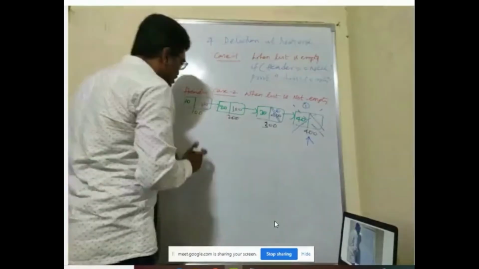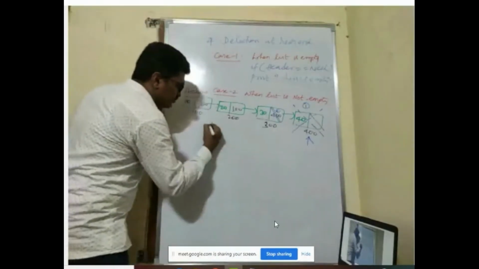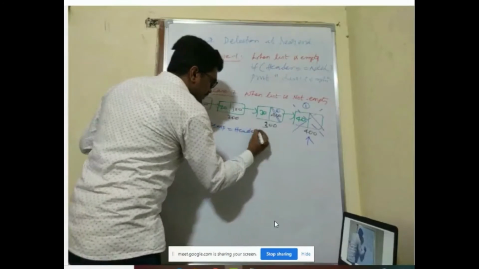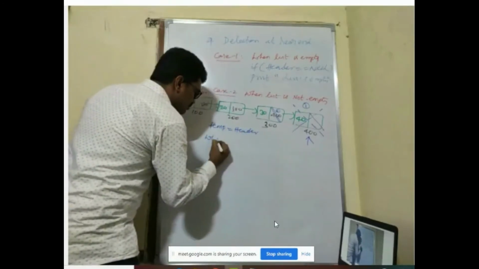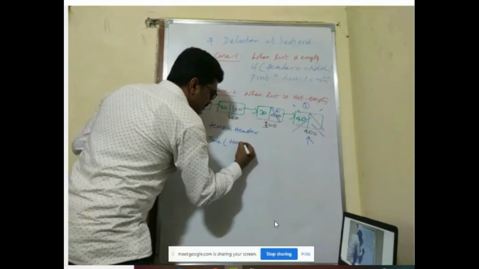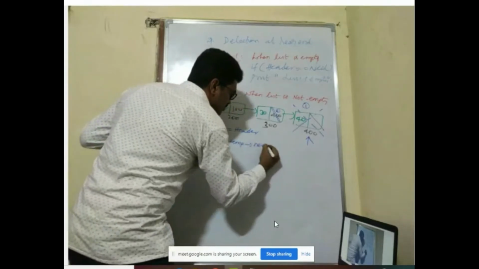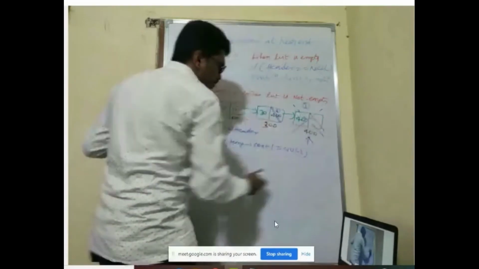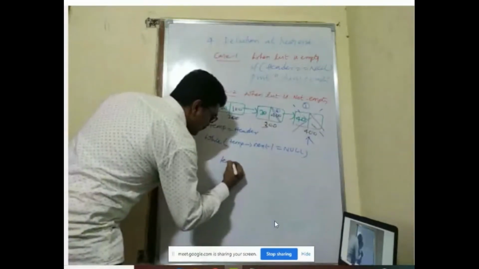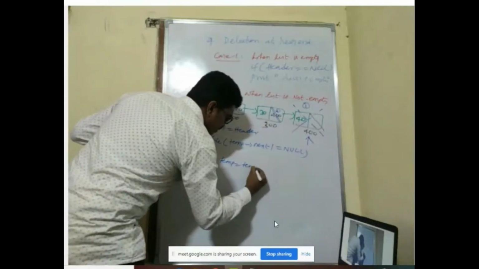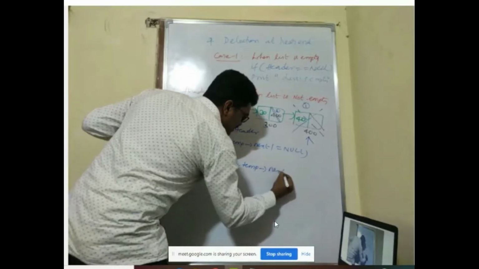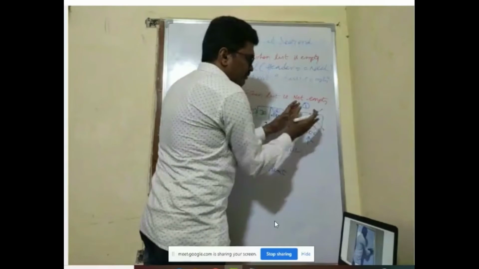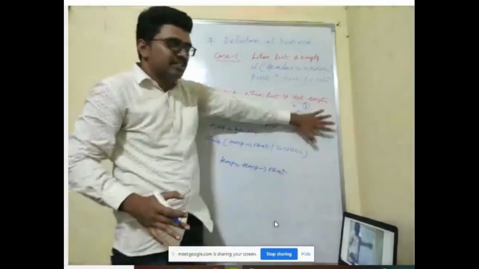In order to come here, we'll use the same logic. We'll put a temp. Temp is equal to header. How long do you have to move? While temp next is not equal to null, what will you do? Temp is equal to temp next. The same logic we used previously. Temp goes on moving like this. When is it going to stop? When I reach the last node in the list.